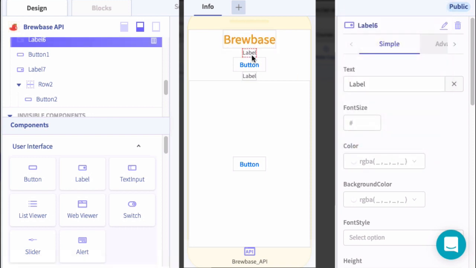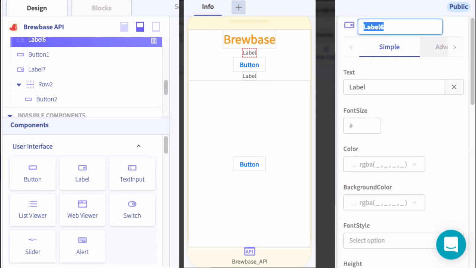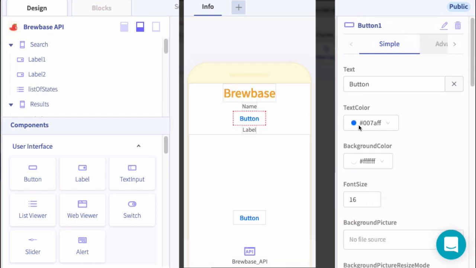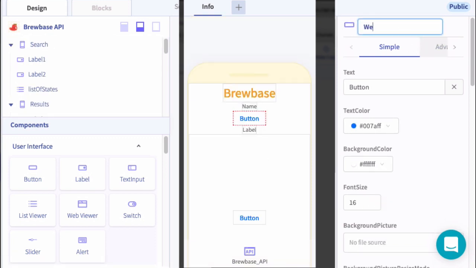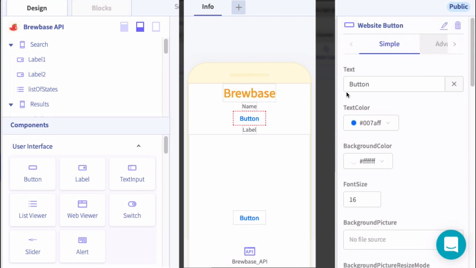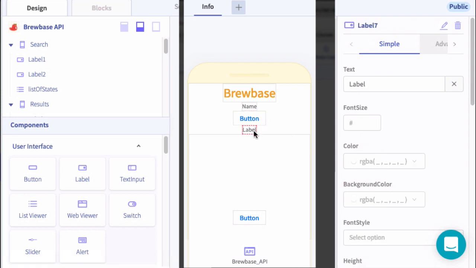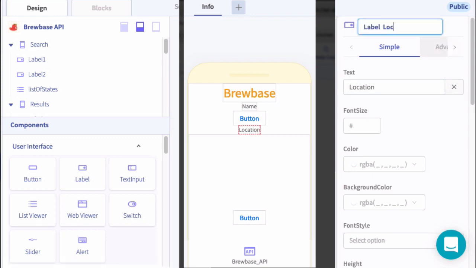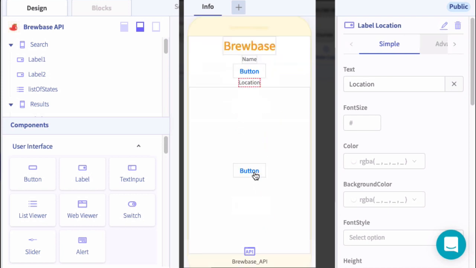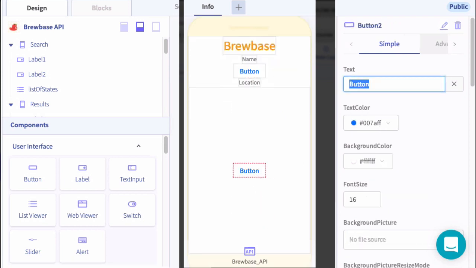Now for this next label, we can leave the text as label for now. Let's call it info brew name. This will be where we show the name. For the button, let's call this website button. This is going to allow us to go to their website. It's also stored in the API. And then in this last label, let's call this location, and we'll say label location so that we can show the location. And then let's change this button to just say back